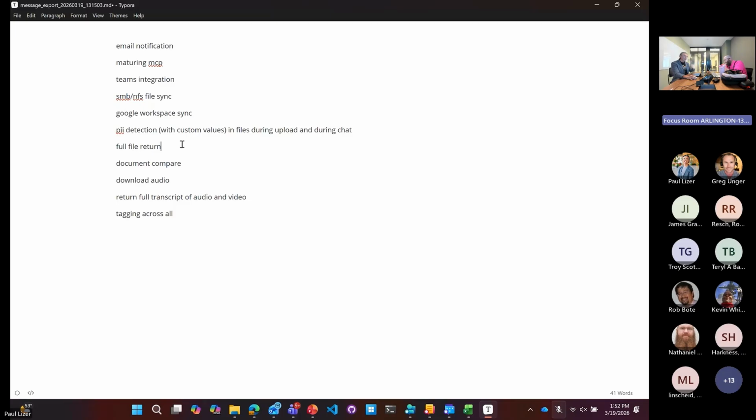Full file return. We already have a lot of this in there right now, where when you ask a question, you get 12 results back. We're adding this capability, which then ties into document comparison, where you're going to get all the content from the file back. This is good for audio transcriptions, so you can get the entire transcription for a 20 or 30-minute video. If you're using Zoom and you want to use Simple Chat to transcribe those videos, it does it today, but you're searching against it. It's a little bit difficult today to get the entire transcription, so we'll be adding support to get all of that.